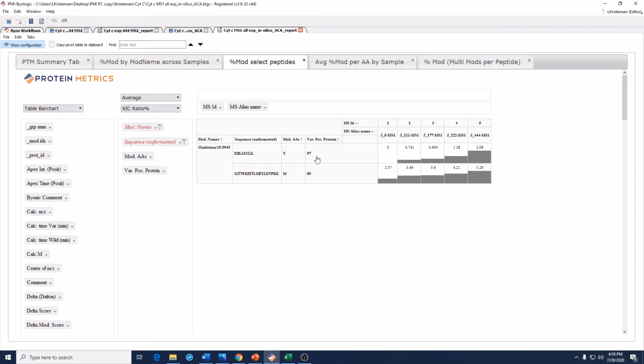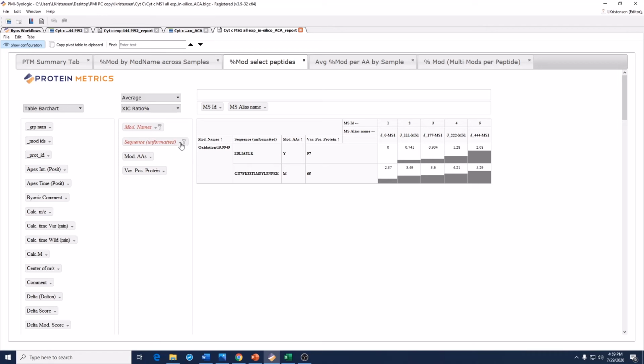One has a tyrosine modification, the other one has a methionine modification. And these are the 2 peptides and the 2 modifications we're going to use to create dose response plots in Excel for this demo. And I just wanted to show that you have a lot of flexibility with these pivot tables